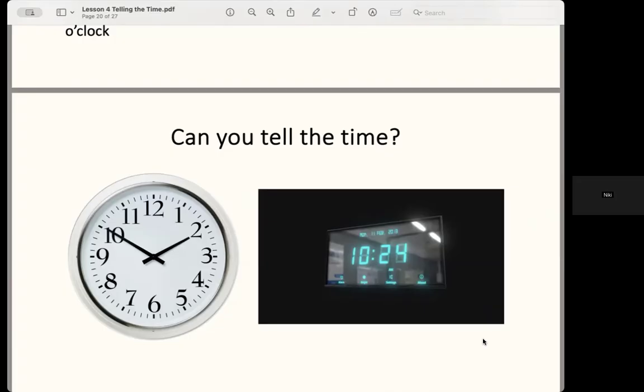Fahima, are you here? Yes, ma'am. Fahima, what's this one? What's the time on this clock? 24 past 10. Great. Good work. Fantastic. Well done. And if we said it in the digital way, how would we say it? Could you just say it in a different way? 10:24, right, if we're saying it in the digital way.